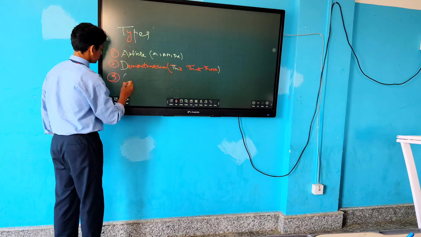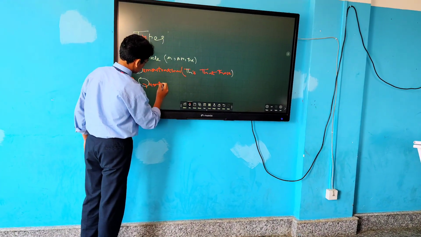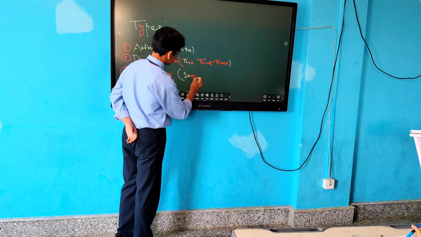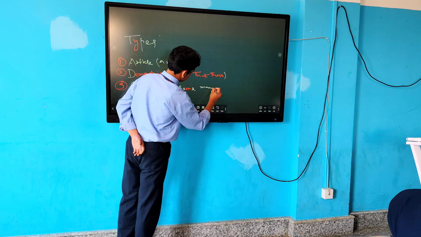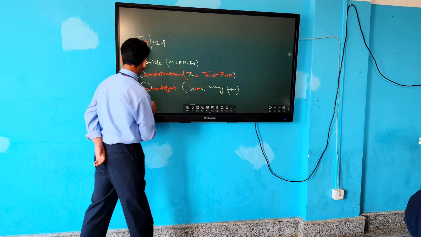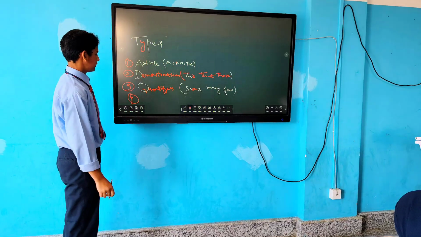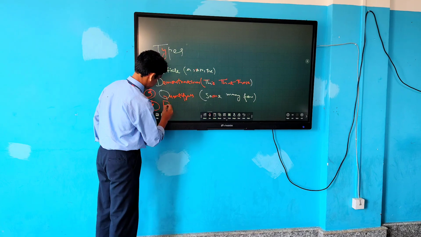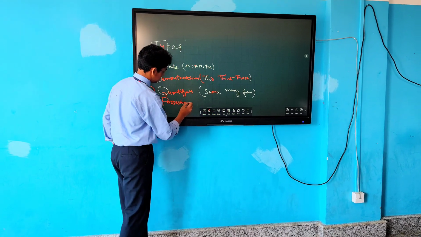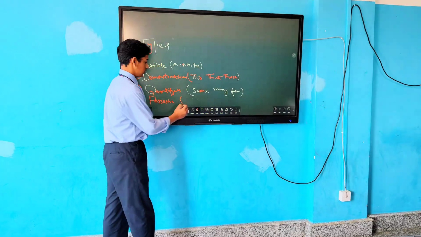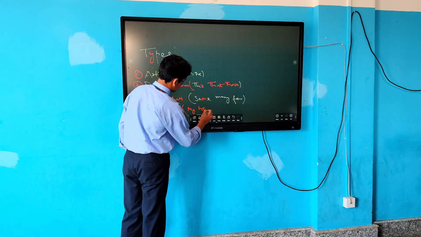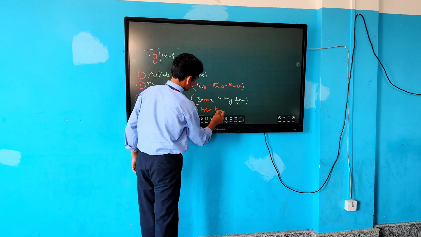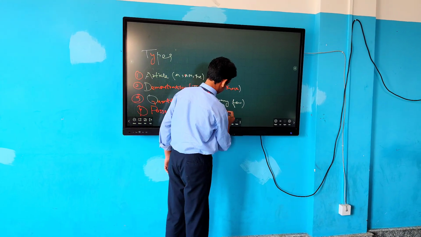Third one is unfair, like some few. And fourth one is knowledge. Like why are these and